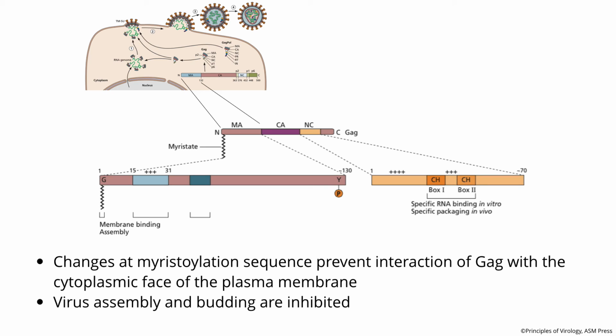So the matrix is the blue protein. Unfortunately, it's colored differently here, which is too bad, but it should be blue. And that's the protein that will bring the whole assembly to the plasma membrane. Look, at its N-terminus, it has myristate. That's a fatty acid. That's another way you can get proteins to membranes. And it also, if you look closer, has positively charged hydrophobic regions. So these all help target matrix to the membrane